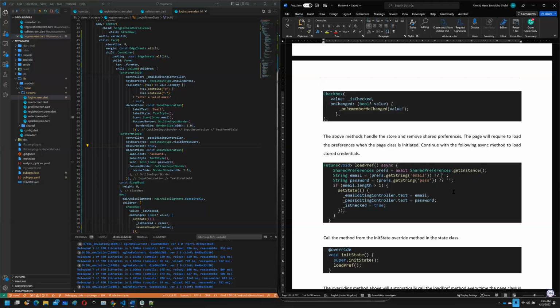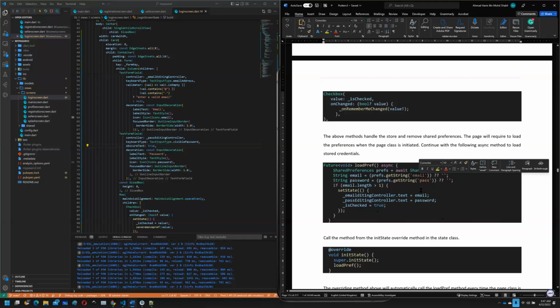So this basically safeguards your code or your variable, or else you might want to assign the string email to an empty value first, and then later on